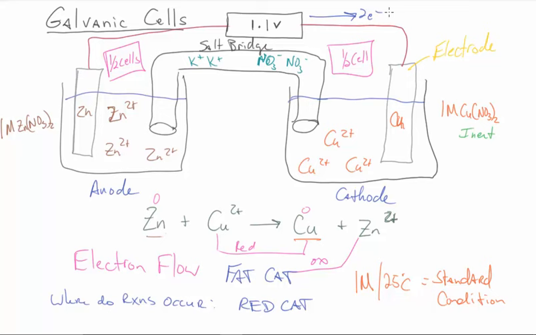You need anodes, you need cathodes, you need salt bridge, you need function of salt bridge, you need direction of electron flow, you need where reactions occur, you need what standard conditions are, you need what an electrode is, you need to know what an inert electrode is. All right, and then we'll get into a lot of this other stuff as we go on to different cells,